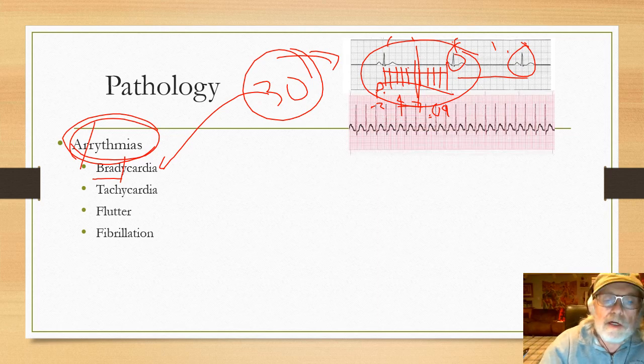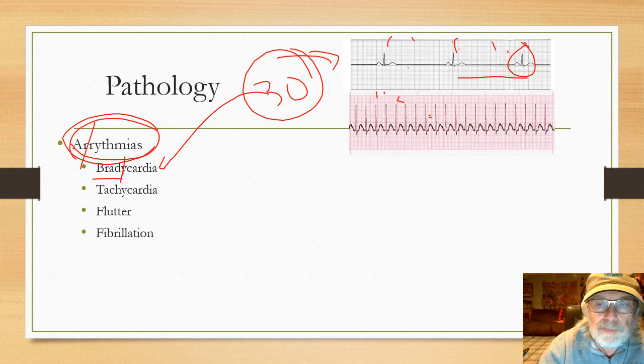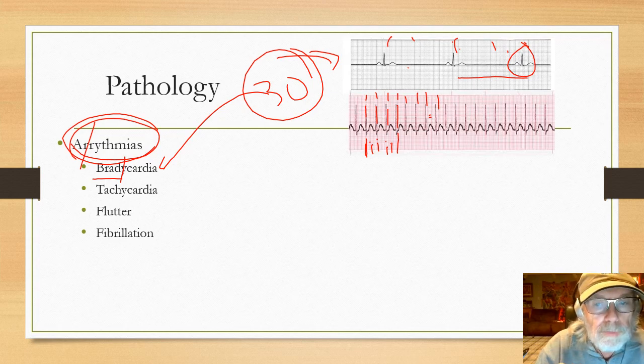The second ECG that we see, and let me get rid of these scratches up in here, is just the opposite. So I have a beat here, a beat here, a beat here, a beat here, a beat here, a beat here, a beat here, a beat here. Now if I take this, there's 0.2, 0.4, 0.6, 0.8, there's 1 second, so 5 boxes, 1, 2, 3, 4, there's 5 boxes right there. And so we have 1, 2, 3, 4 that are occurring in each 5 boxes each second. So if we multiply that 4 by